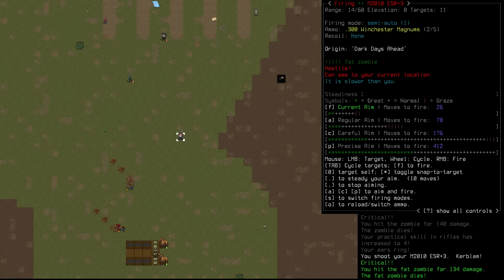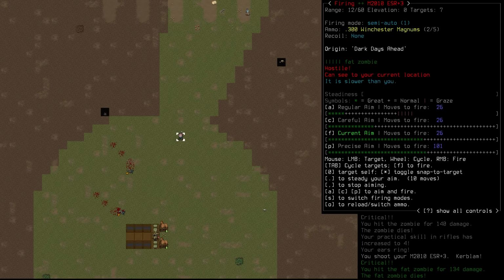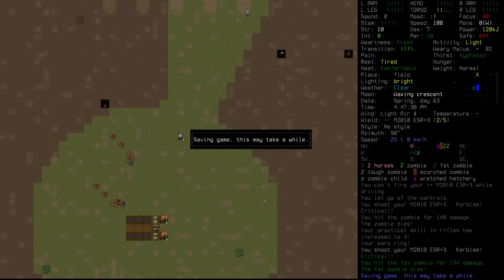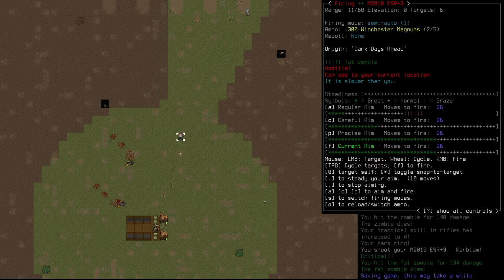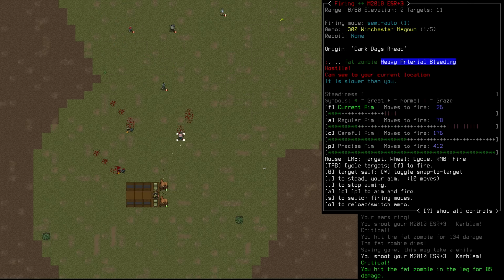134. One shot, one kill. We do need to remember that this is our last magazine for this rifle. We want to get more ammunition for it, and we will. But right now, I am more concerned about our horse's well-being. So, we're going to continue to steady up. We want to make every bullet count right now, so...